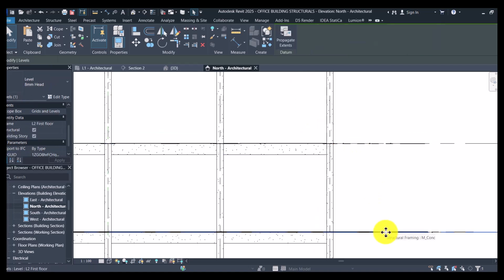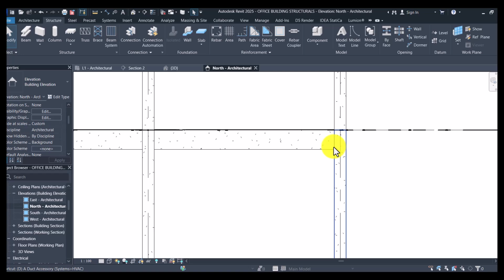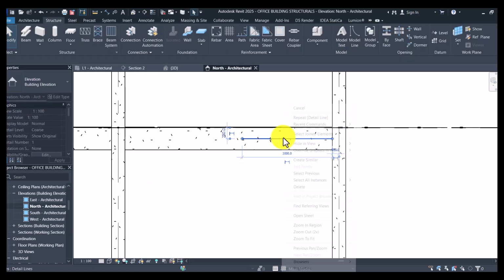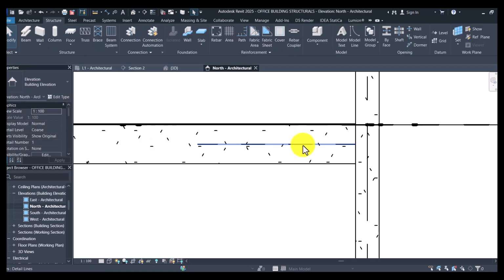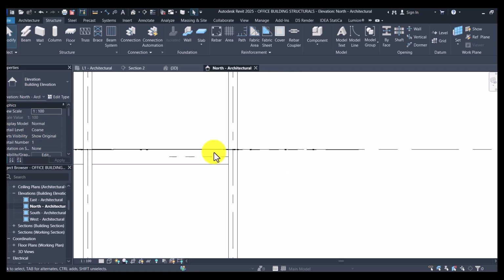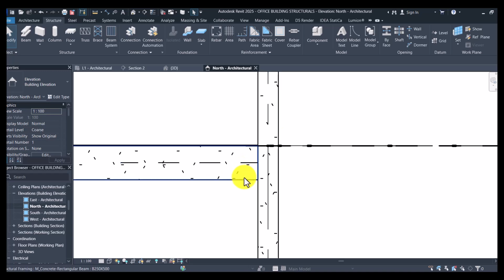If I assume the center of this beam is around here, this center should be able to meet or intersect with the center or the top of this column at this joint. So to shift this beam such that its center is flush with the intersection of the levels,